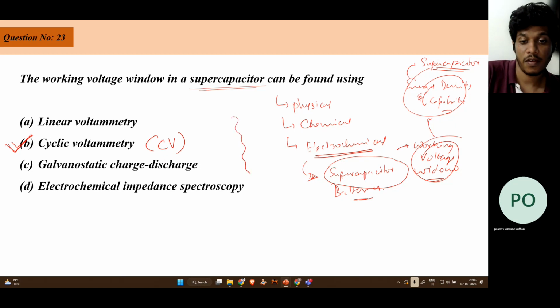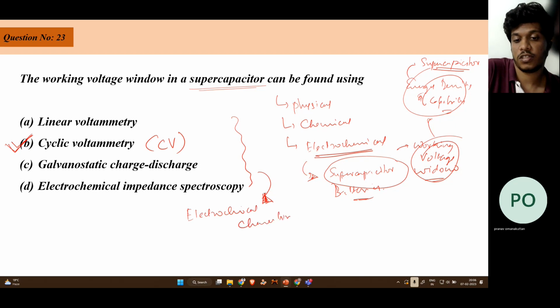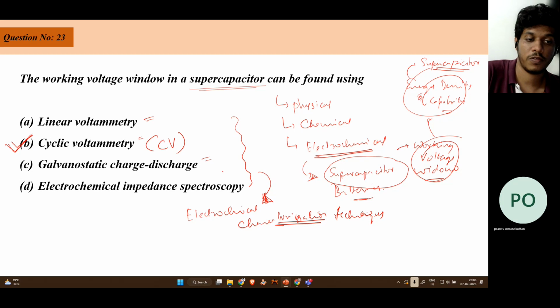These are the basic electrochemical characterization techniques generally used in material science: linear voltammetry, cyclic voltammetry, galvanostatic charge discharge, and electrochemical impedance spectroscopy, which is also known as EIS. Out of these, cyclic voltammetry (CV) is generally used to measure the working voltage